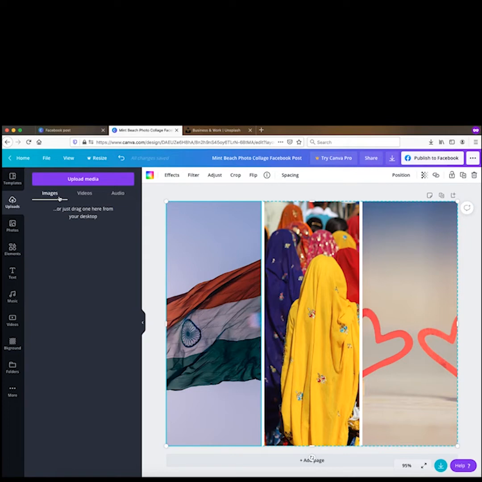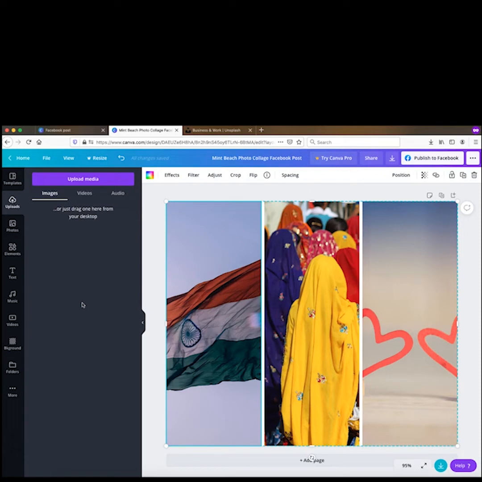But let us say you have bought some videos from some stock photography websites, or you have bought audio rights which you can use. In that case, if you have all those assets, you can actually upload those into your Canva account and use those for your posters. But at this point of time, I just have images that I have downloaded from Unsplash,